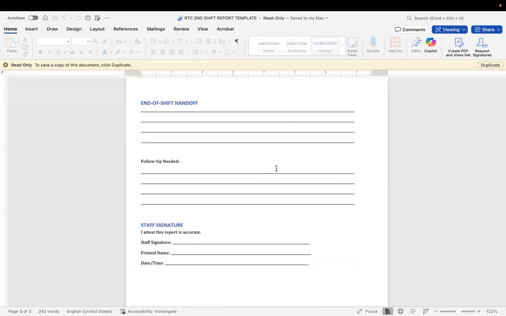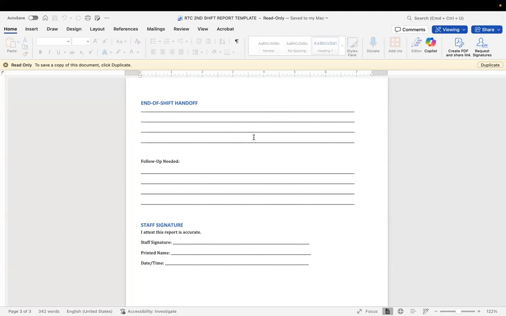And then an end of shift handoff. So it's 10 o'clock and somebody else is coming on shift at 10:01. What is it that they need to know? Do they need to know that Kate and Kim do not need to be in the same room together because they are going to tie into it? Or do they need to know that Kate's been running a 101 fever and she's been taking Tylenol every 4 hours and Miranda is aware, but they need to make sure they keep her on that regimen? This is just a great little couple liner to know what's going on.